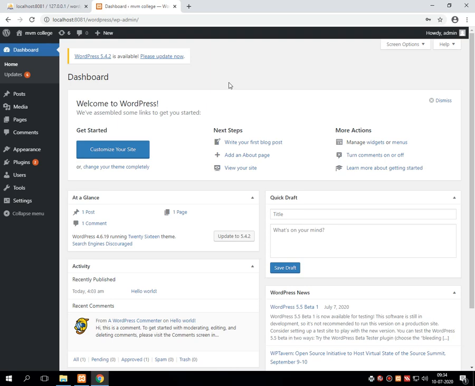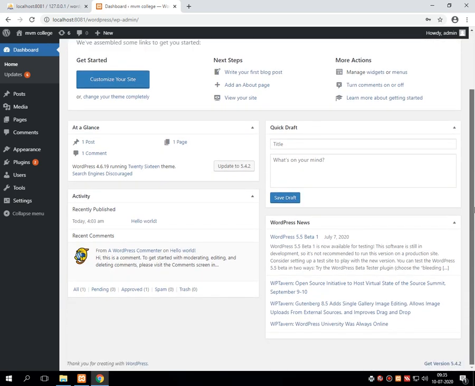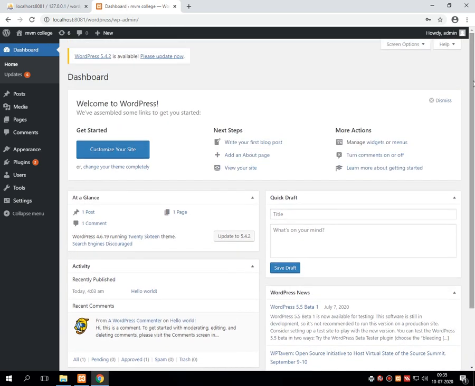Whenever the practical starts in the college, this tool is already installed on all the computers. You just need to enter your username, that is admin, and password, that is admin, in the college. So just try yourself how to install WordPress on the system and get back to the practical work. We'll continue today's session with the other miscellaneous topics also.